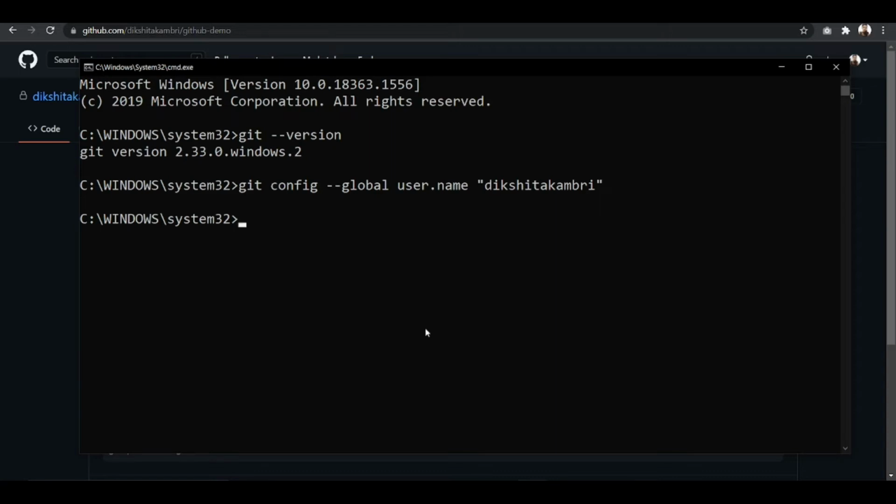Now we'll configure our user email. Instead of user.name, change it to user.email, then remove the double quotes and the username, and type your email address. Mine is Dikshita Kambi18@gmail.com, and hit enter. So we have configured our username as well as our user email.